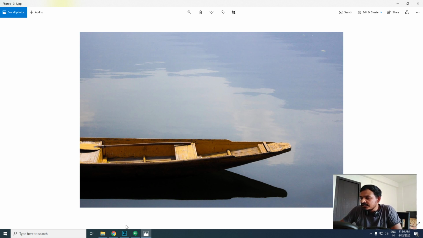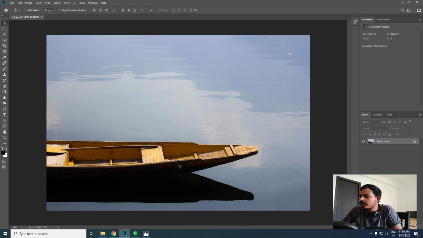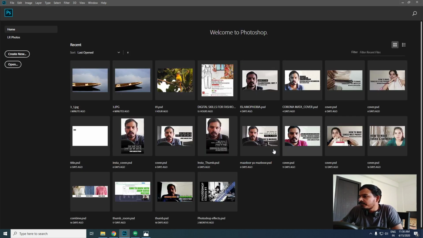So in this you have learned how to use the crop tool. Okay, it's a very easy tool, though I had to cover it. And